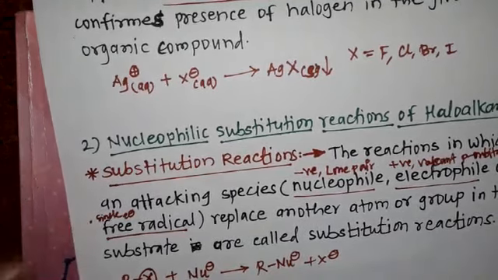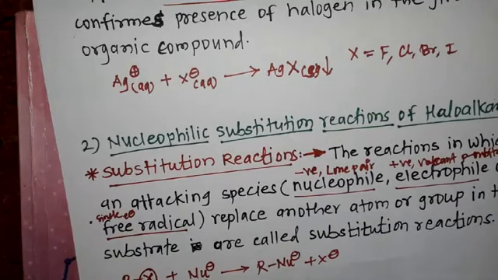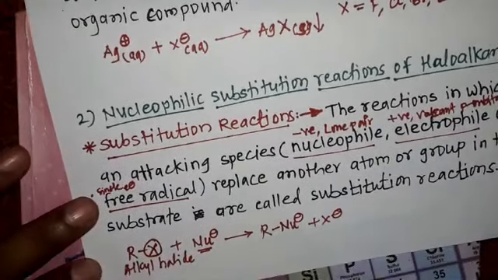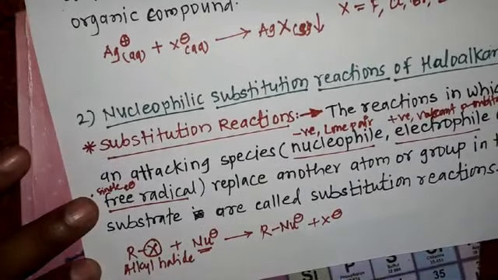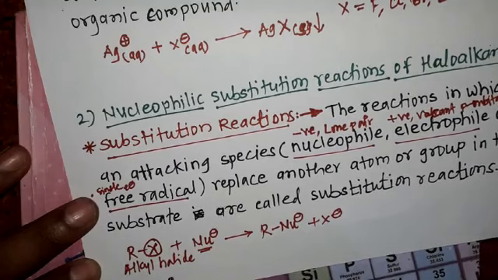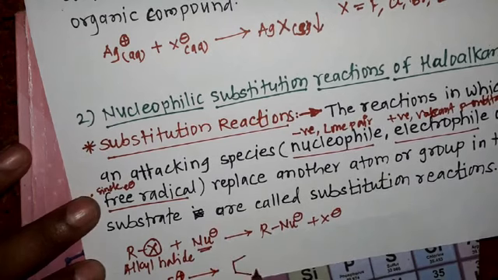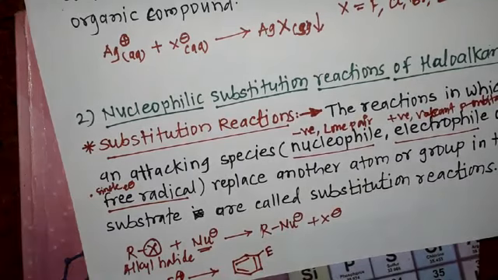For aliphatic type of compounds, it is a nucleophilic substitution reaction because nucleophile replaces the other group present in that saturated or aliphatic type of compound. But here if we take the aromatic type of compound like benzene, then it shows electrophilic substitution reaction. And why it shows electrophilic substitution reaction, we studied in previous standard.